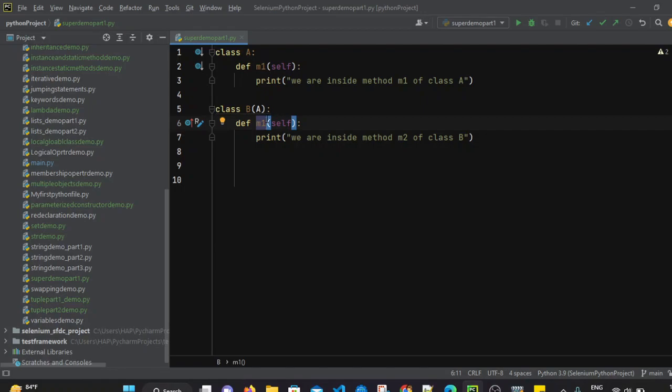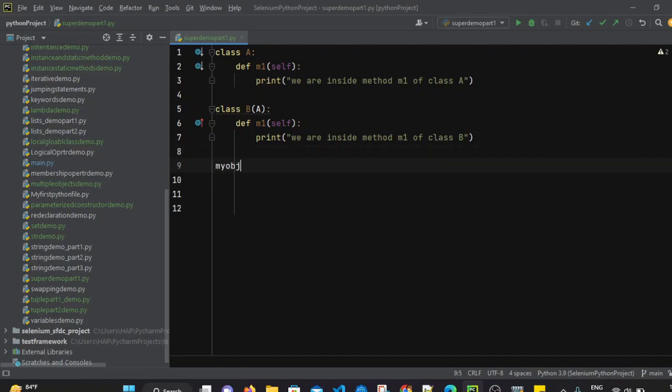Both have the same name. Here I am printing, we are inside method m1 of class B, and the method m1 inside the parent class A prints, we are inside method m1 of class A. Now I am again creating the object of class B.